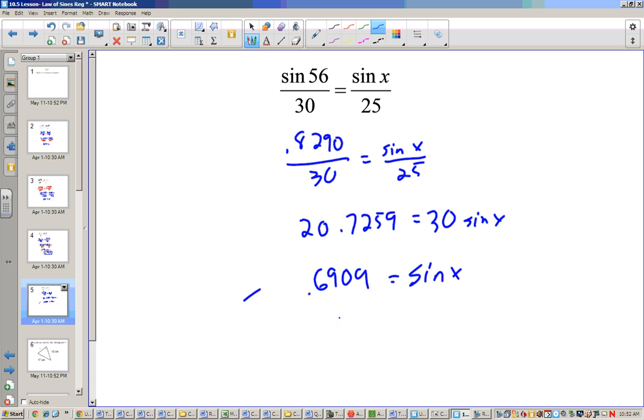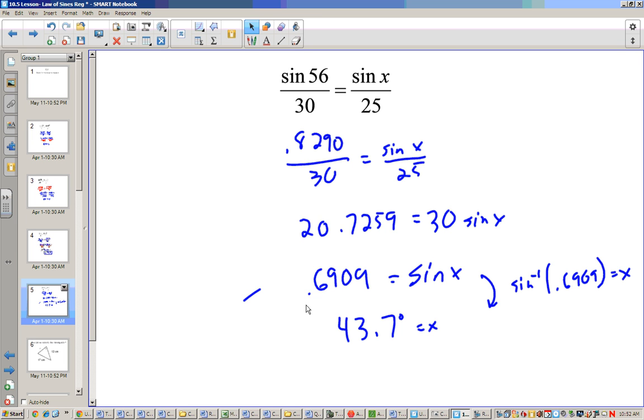Now if I want to find that angle, I take the inverse sine of that answer. And I got 43.7 degrees is our value for x. And in between here to here, I took the inverse sine of 0.6909. All right, hopefully that helps you solve these problems. Now you can try some